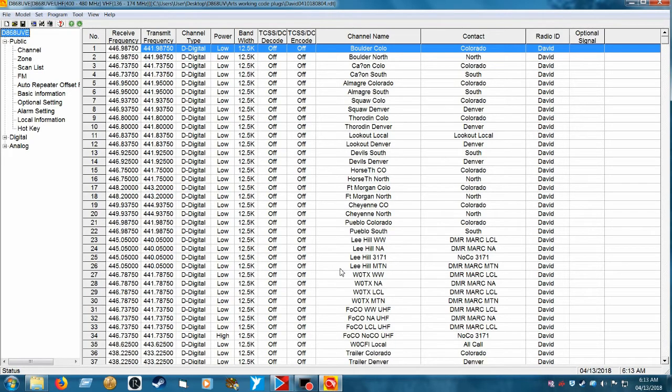So when you open the CPS, that's Customer Programming Software, in Motorola, you see the channel selection list. When you receive your 868, you're likely to not have any of these in yours